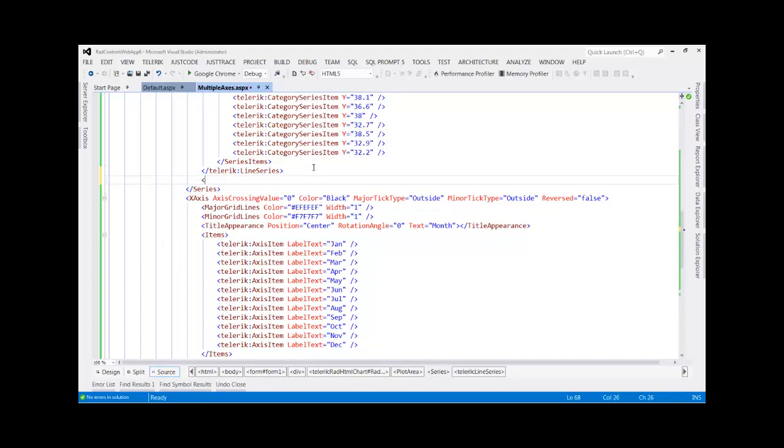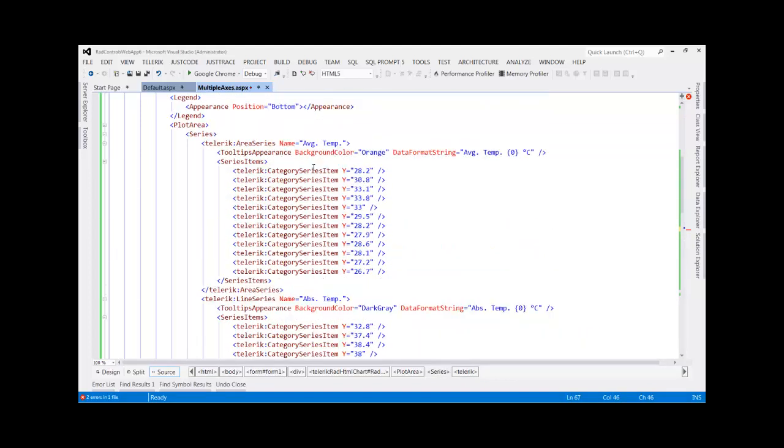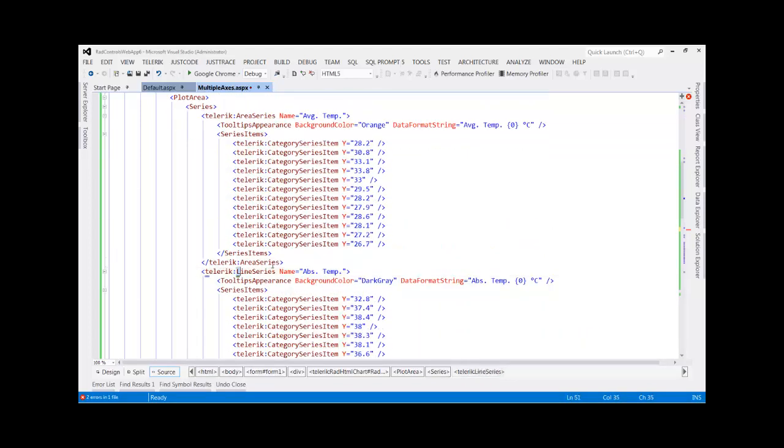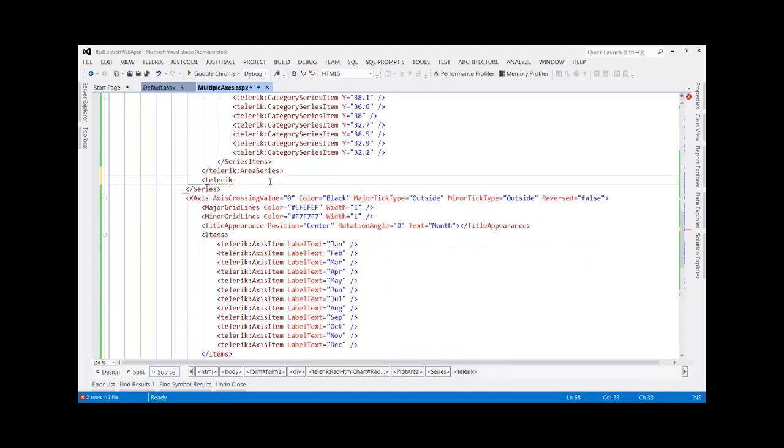So what I'm going to do is let's make these two guys area series. So I have one area and line, but for the sake of demo, I'm making two area series, that is average and absolute temperature are on area series. Now I'm going to say I want a line series. I want to name this as rainfall. Now here's the thing, I need to tell on which axis this series needs to be plotted. Remember, we named the additional y-axis as rainfall, so I have to just say this,